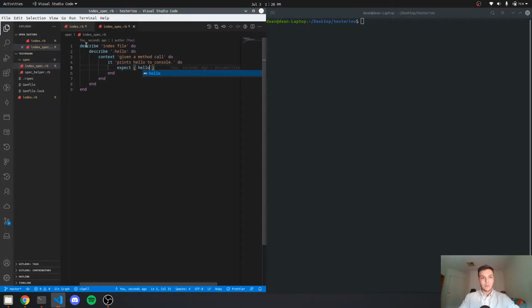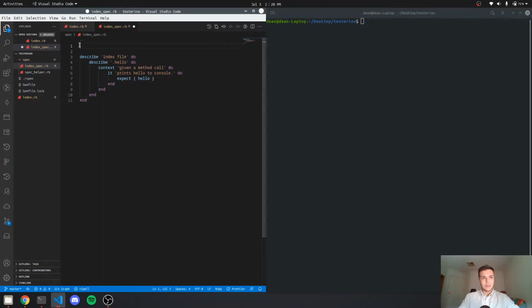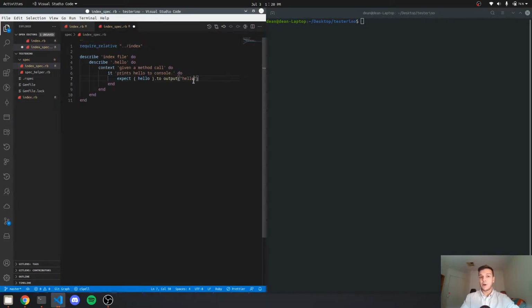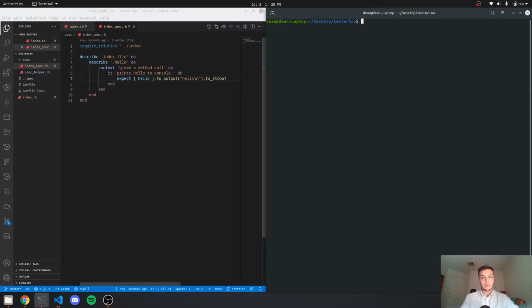Hello. This won't work because we haven't included it, so we can use require relative, and then, because we're in the spec file, dot dot to get out of it, index.rb. We can actually just go index. Now we'll have access to hello, and we can say expect hello to output. Now, because it's a puts statement, and it's printing hello, it's going to be hello, new line, to standard out. If I run RSpec,